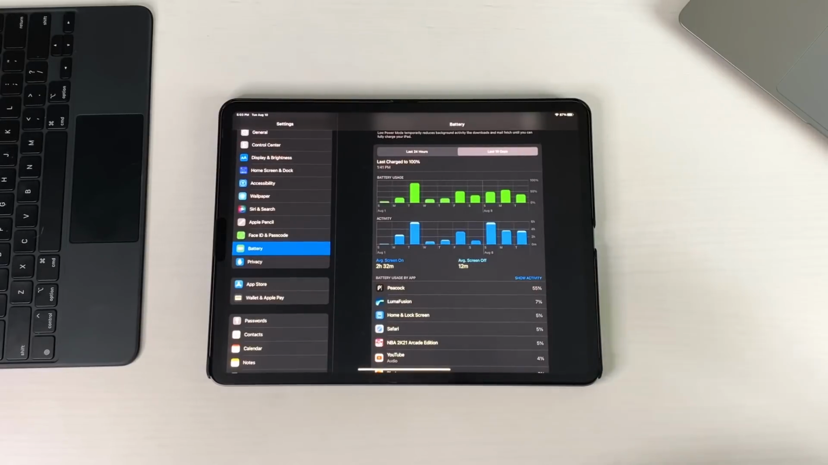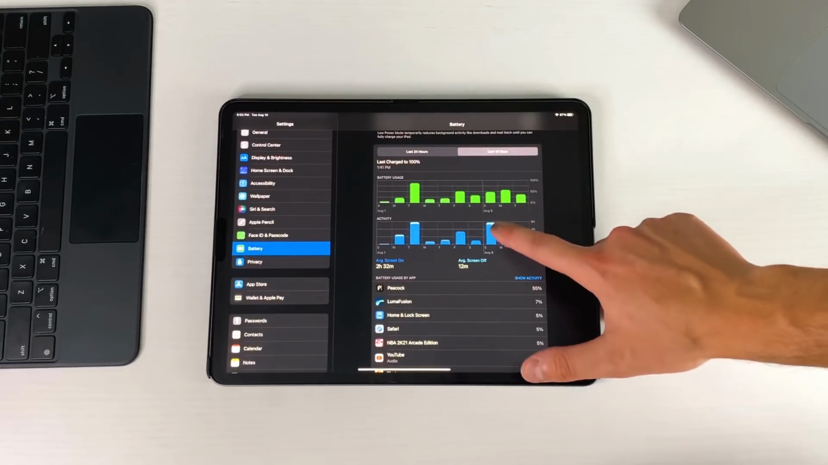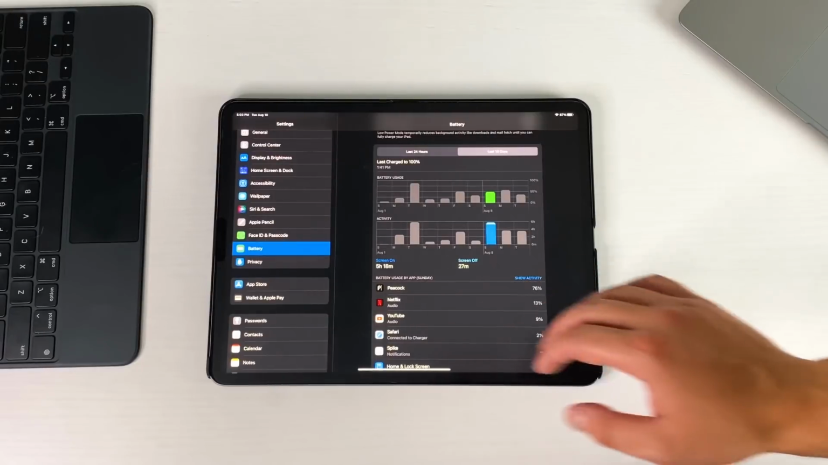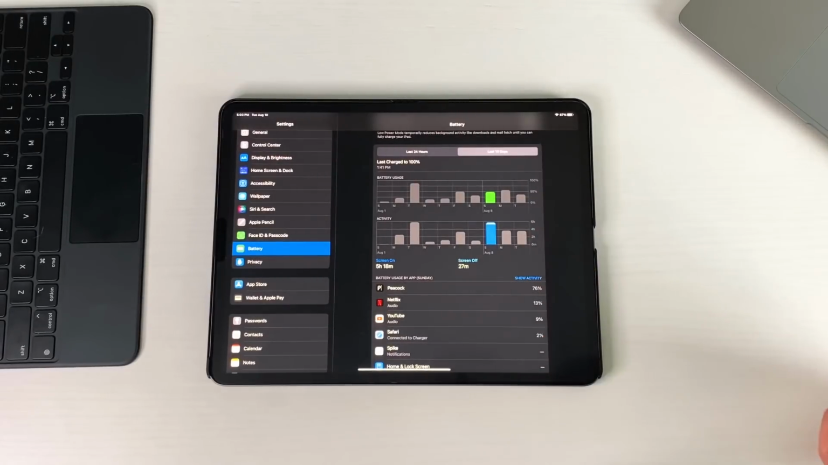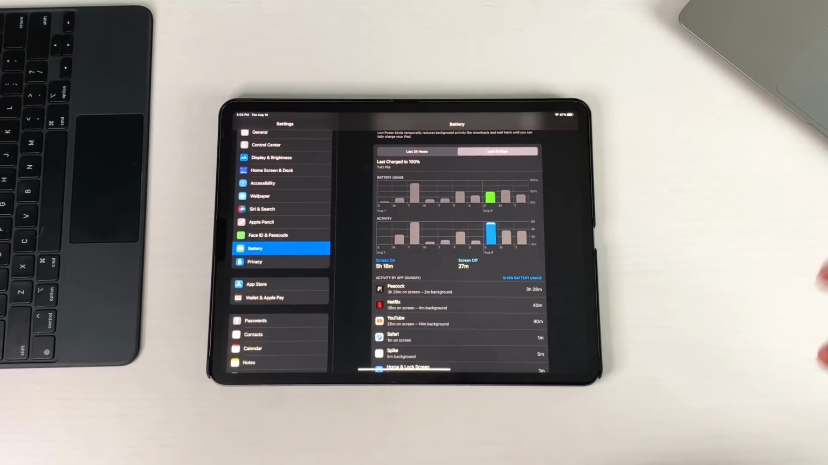Takes up about 55% of my battery. So we can go to a day like, let's say here, where we're doing 5 hours and 18 minutes of screen on time, but I only use 50% battery, right? So again, if you really want to get that 10-hour battery life, and all you want to do is like